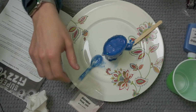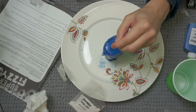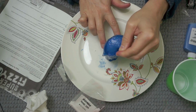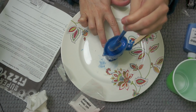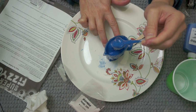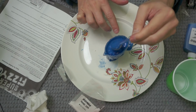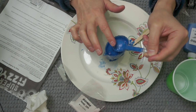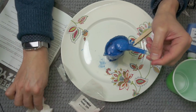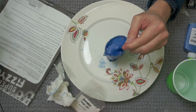Okay, so it's been about 15 minutes. Let's see what we have here. It's kind of the same consistency. Really hasn't turned into slime. Yeah, it's just a foamy mess. Well, let's see if it gives us